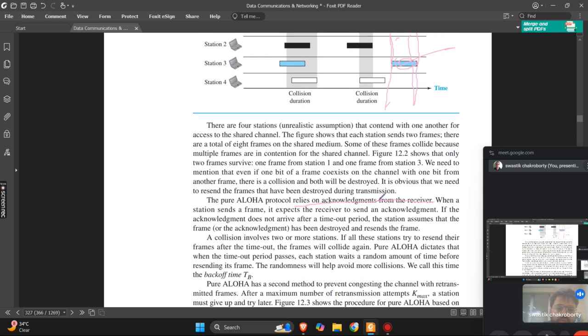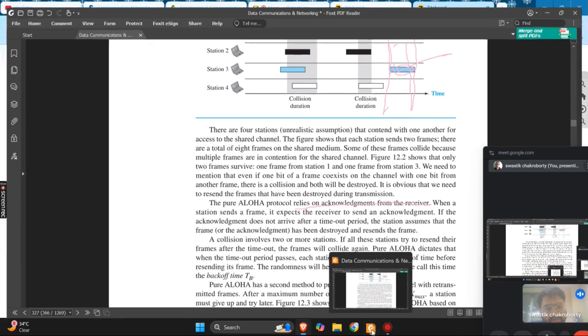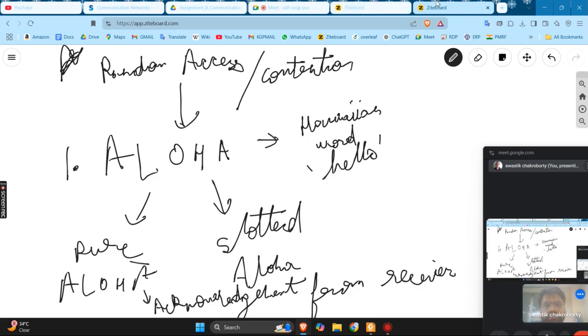The pure ALOHA protocol relies on acknowledgement from the receiver. So a collision involves two or more stations. Whenever a station sends a frame, it expects the receiver to send an acknowledgement. If it does not get an acknowledgement from the receiver, it will try again. So the ALOHA algorithm, simply put, is